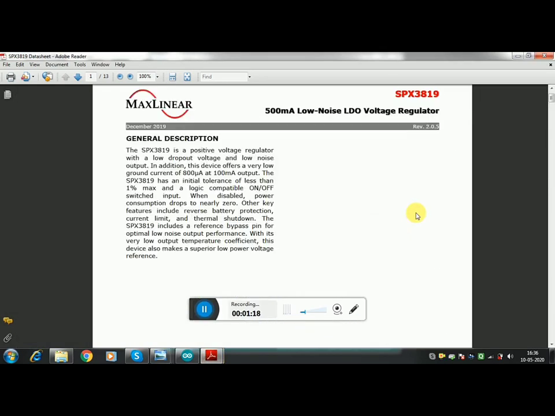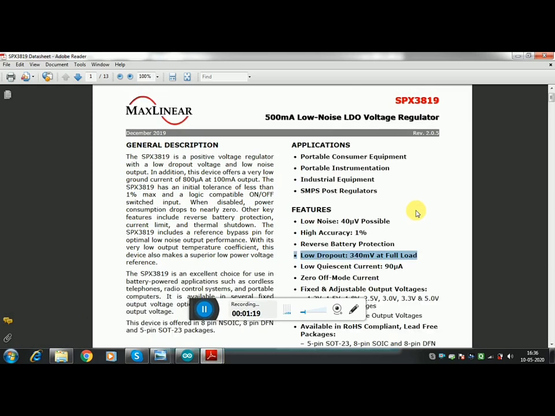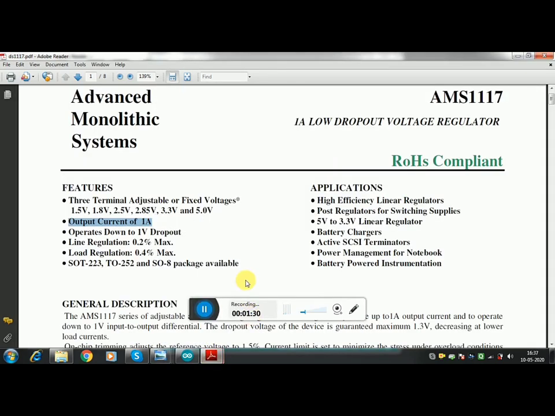It is there somewhere in the data sheet; I need to go through the whole data sheet to see that. But you see, SPX gives you a low current limit, but it gives you very low quiescent current, which AMS1117 will not give you. So that is what we need to take care of. When you choose your voltage regulator for your board, it should be as per your purpose.